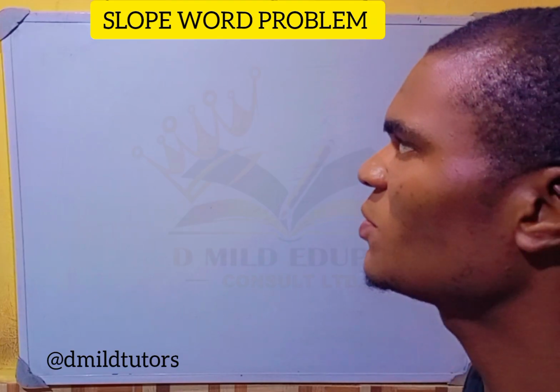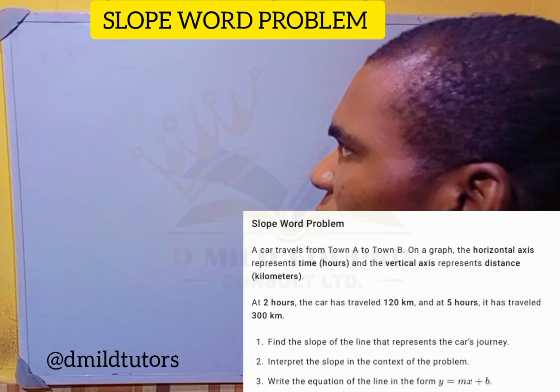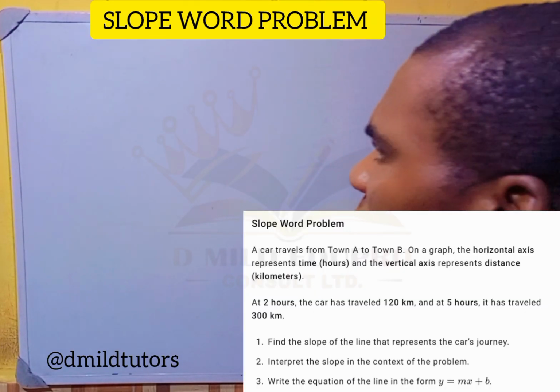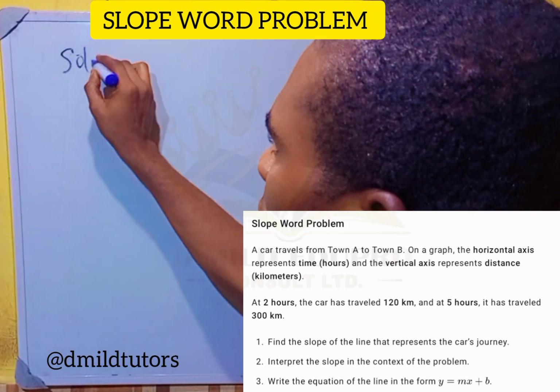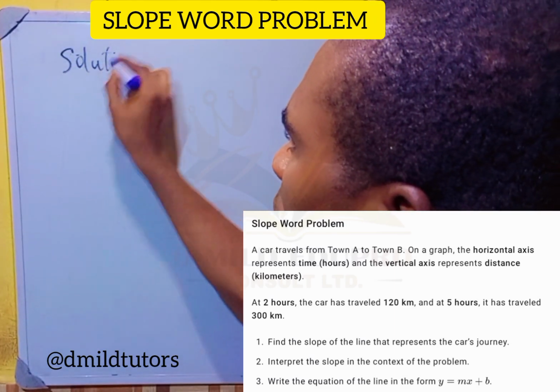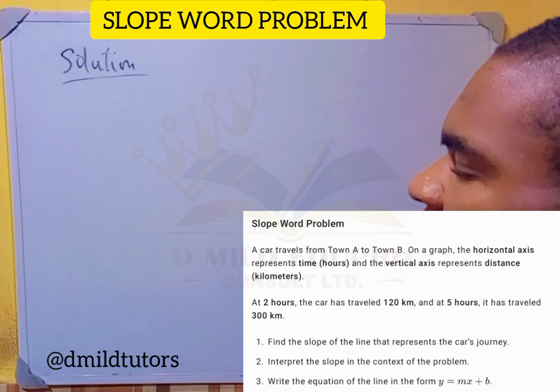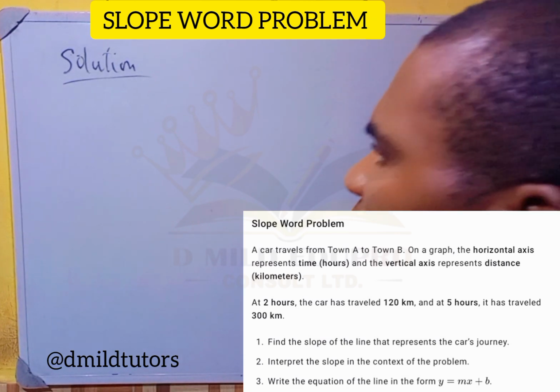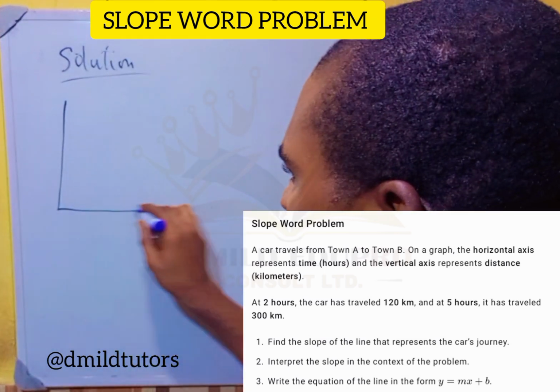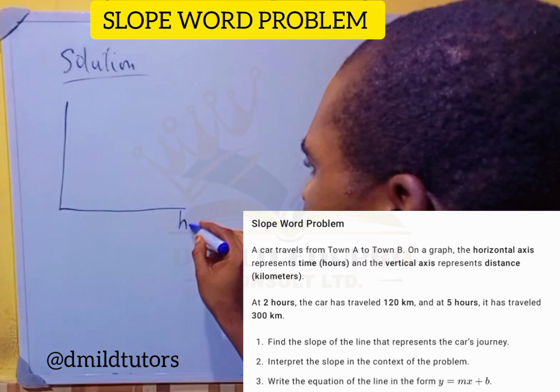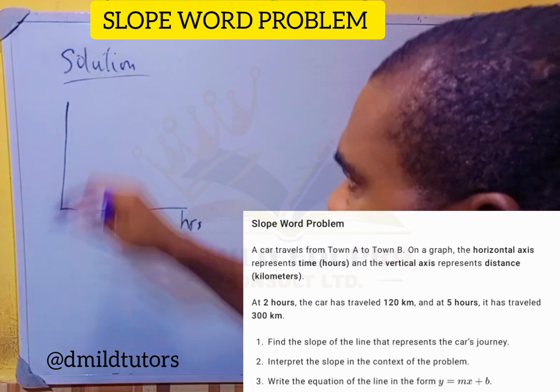Let's focus on this problem that is being displayed on your screen. Now, the question says, on a graph, let's assume this is our graph, this is our x-axis which is in hours, and then the